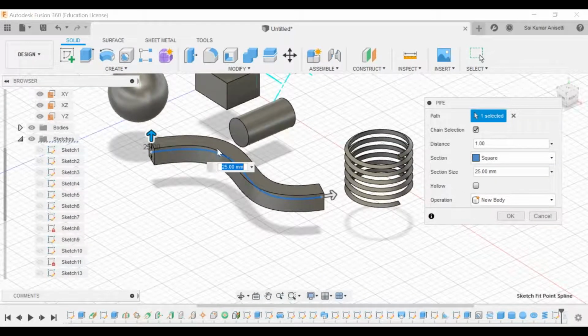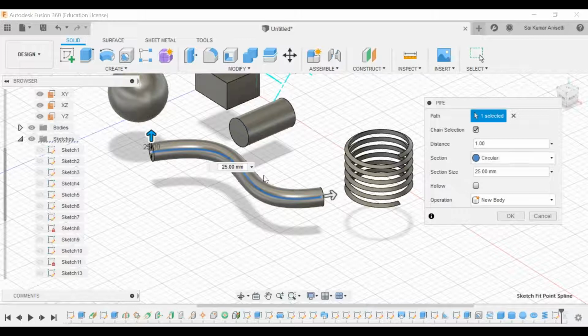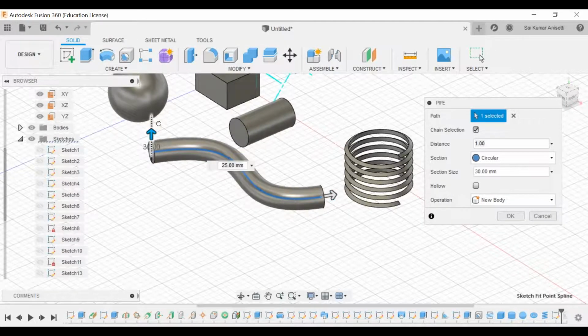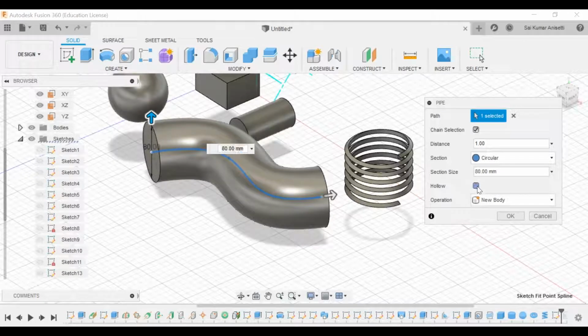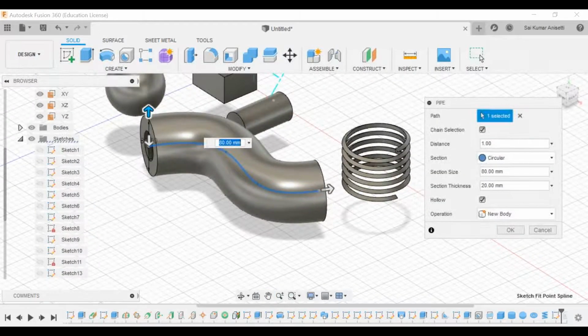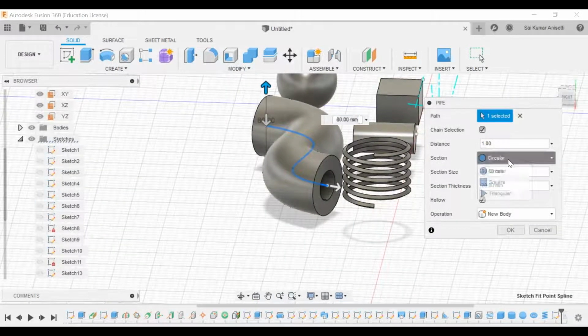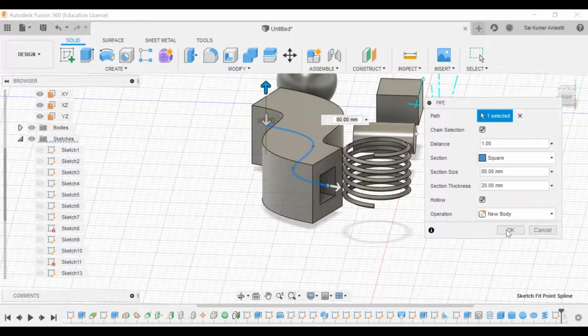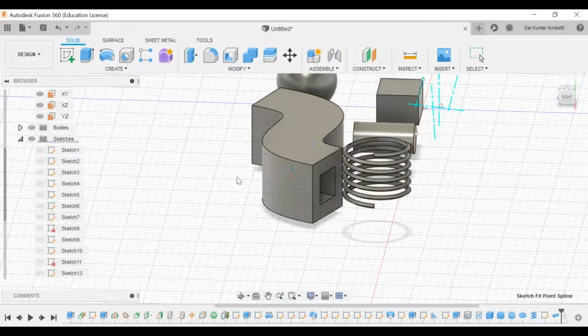Instead of taking a plane and drawing a regular sweep operation, you have a direct circle cross section, square cross section, and triangular cross section. Generally we go with these kinds of simpler elements rather than going with spline, I mean sweep, sorry. You can select the section size, just give the value of it, and you can make it even larger. If you want to make it hollow, you can make it a hollow pipe. You can change the shape of it to square and click OK.